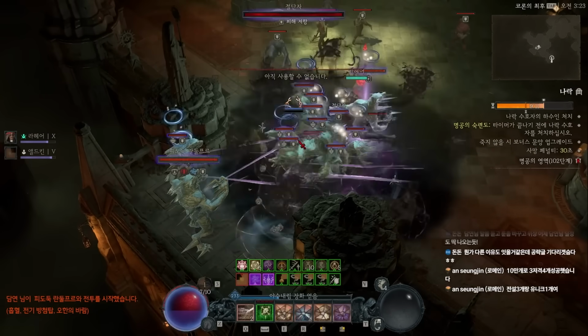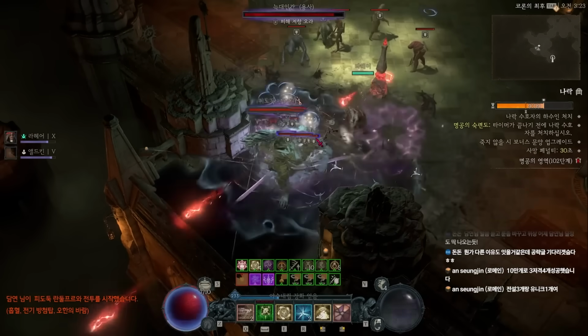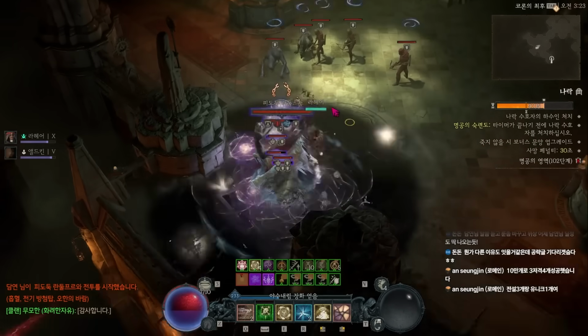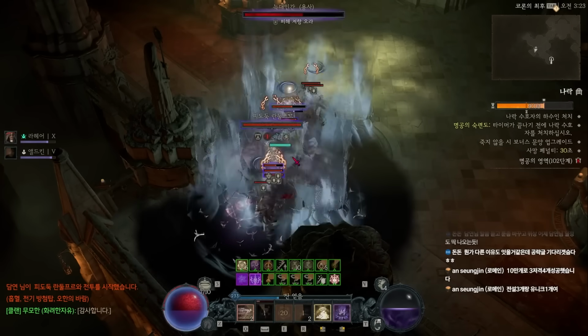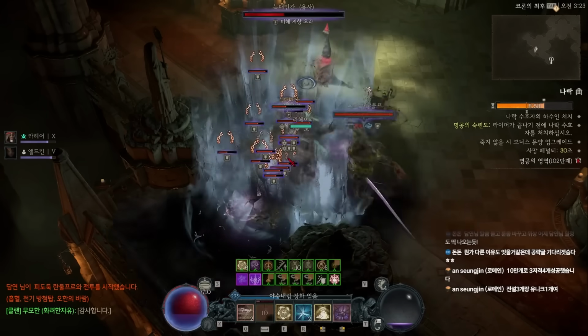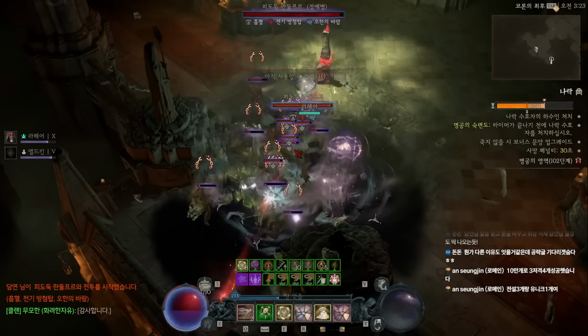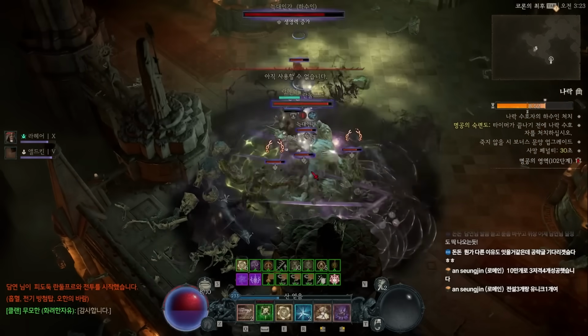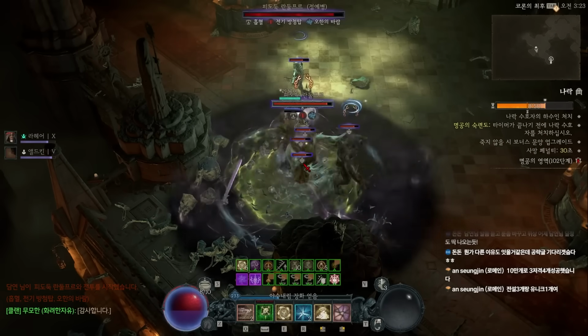That said, the main thing that makes this function as a base, regardless of the seasonal stuff, is the combination of the Scoundrel's Leathers unique, which makes your traps also count as core skills, the Beastfall Boots, which makes your next core skill, cast after an ultimate skill, consume all of your energy to deal increased damage, the Preparation class specialization option, which reduces your ultimate's cooldown by 5 seconds for every 75 energy that you spend,